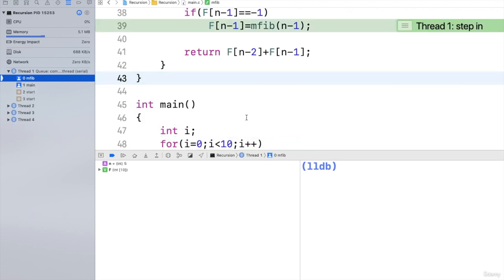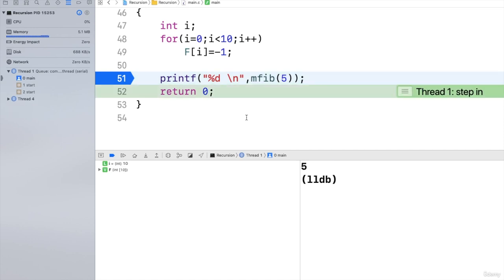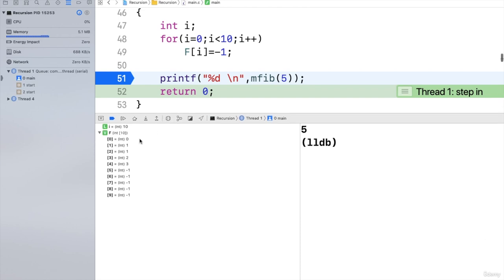Now from 4 it will come out. See, it has not expanded the function call with 4 because already the values were found. Now back on 5, that is value 5. So it is the first call and it will terminate. So total calls are 6. Only 6 calls it has made and got the result. And if I expand this Fibonacci array, you can see that the values are filled in this one: 0, 1, 1, 2, 3. For 4 and 5, the values are not there because